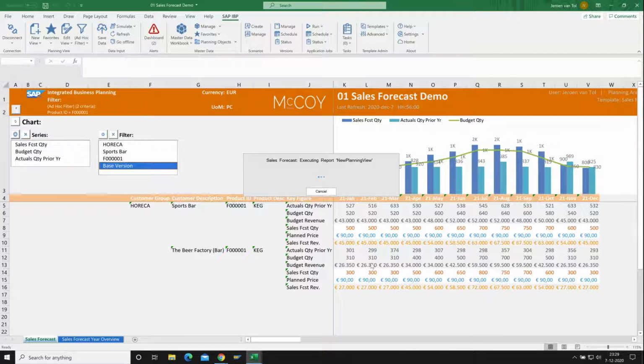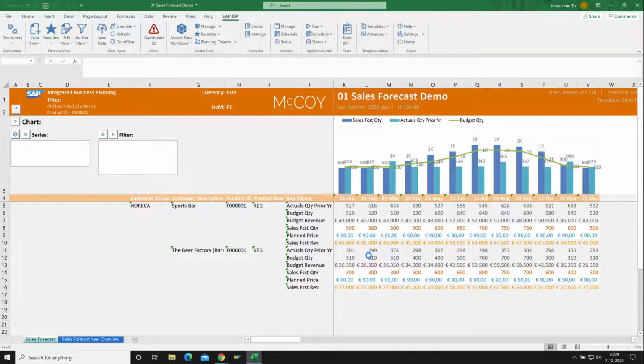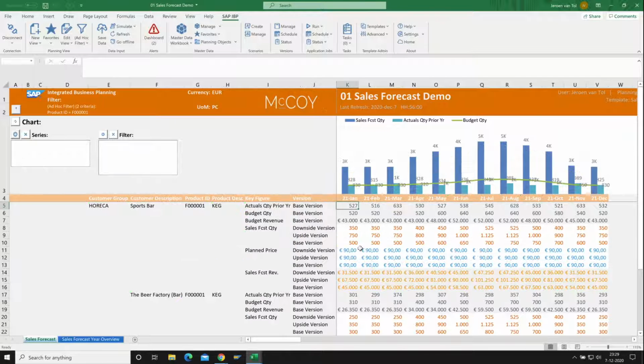In this example, I'm now including several versions. So I have a baseline, an upside and a downside version of my plan to simulate what would happen if I have a better or a less proper plan in place and what the impact would be on my supply chain. So here you see that the first key figures do not change because the actuals, they will always remain the same.